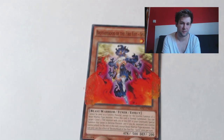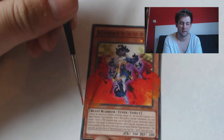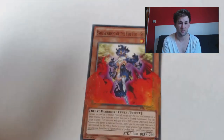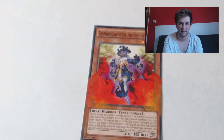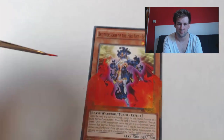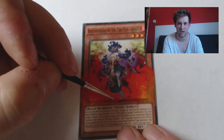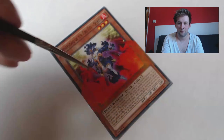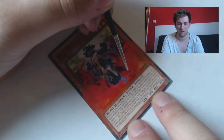And I know what you're thinking, Fire Fist was so last year, but there's a lot of people that still really like the Fire Fist monsters. I mean, I do. I really like Fire Fist Spirit. I love the combo capabilities that they have. I know they're not probably quite up to scratch with your Necros, your Shadows, your Satellanites, and whatever comes out of the next set. But I think they're still really popular,